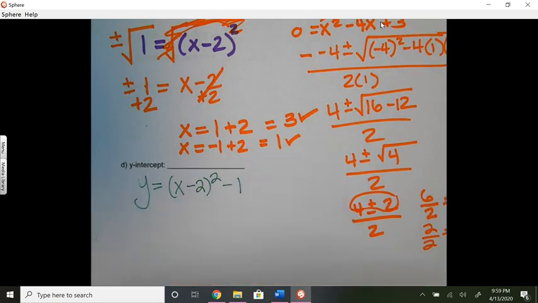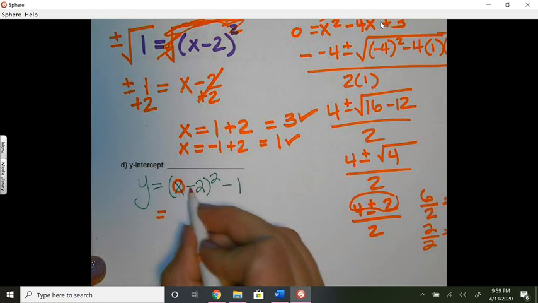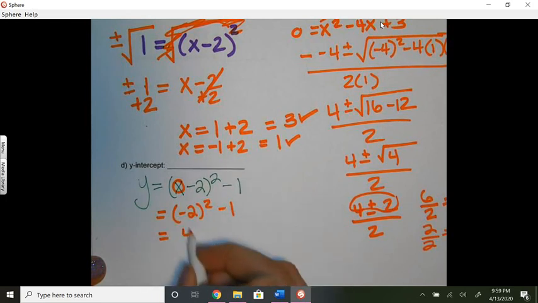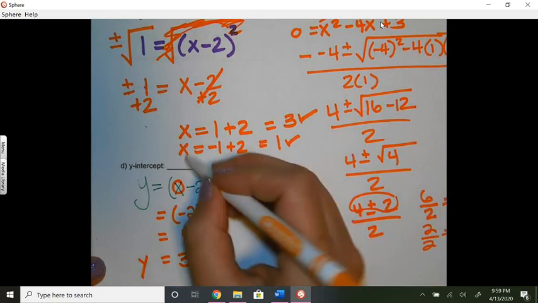Now to find the y-intercept, we're going to leave the y in the problem and remove the x and put a 0. So 0 minus 2 is negative 2, and then we get 4 minus 1 is 3. So when x is 0,